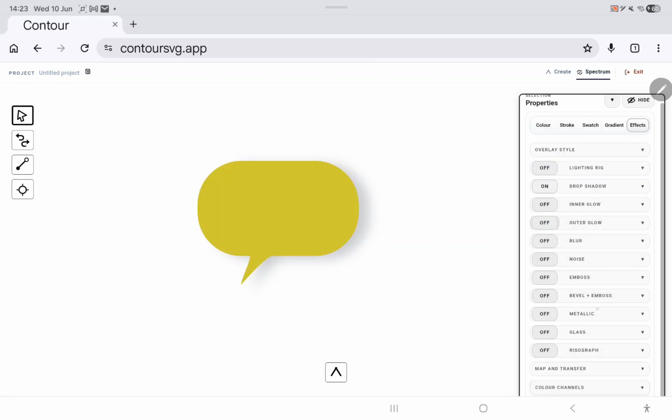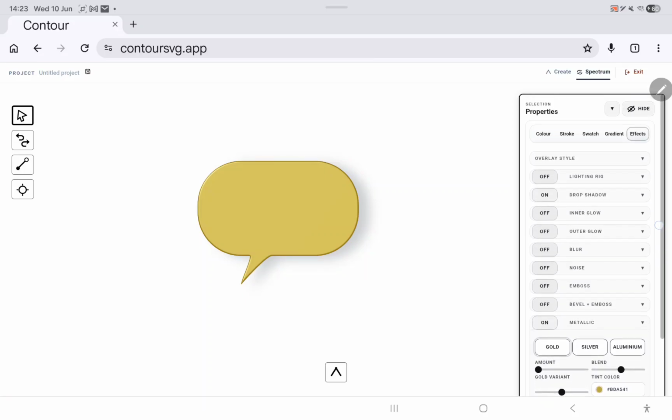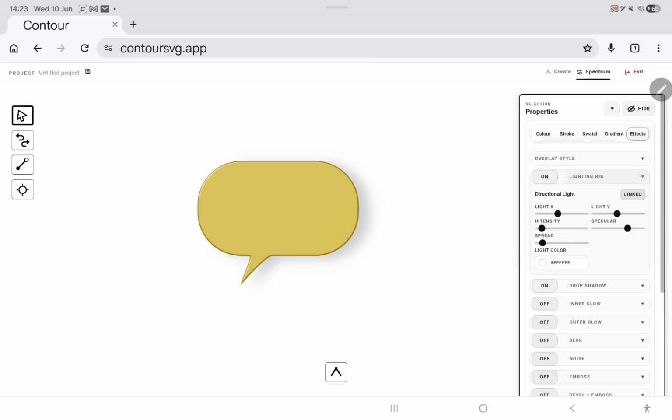Let's make it gold. So we'll click on metallic, drop that shadow down, click on that, and then we'll click on gold. That's gold. Adjust the amount. Yeah, it's giving us a bit of a gold effect. If you wanted to, apply some light and things on that, make the light, unlink it so we keep the shadow as it is. And if I apply intense light now, see, if I kept the light linked, that shadow would increase, and I don't really want that effect. I want to keep it subtle, but